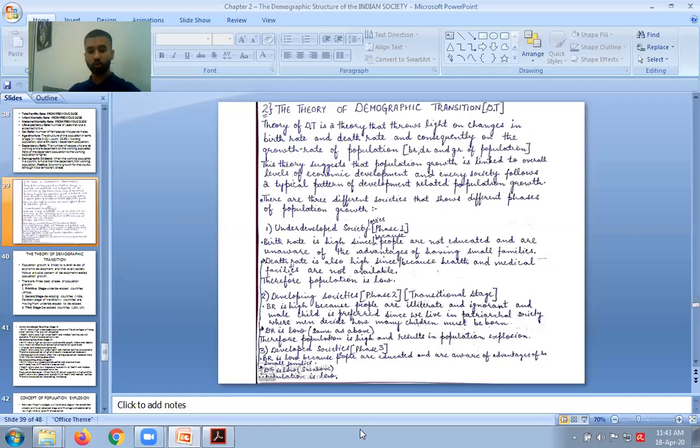And death rate is low, and when death rate is low, population is always going to be low, right? So what happens in underdeveloped societies? I'm talking about phase number 1. In these societies, population is low because birth rate is high, but death rate is also high. Most of the people who are born are dying eventually because of the lack of medical facilities. So with that, we can understand that population is going to be low because birth rate is actually cut down by